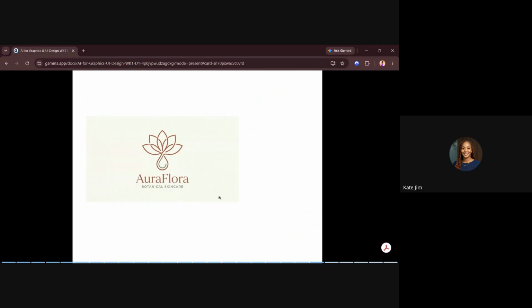I like the logo. It gave me exactly what I wanted, because even the typography, I said elegant, it gave me a serif font. That's why I'm having all these exaggerated curves. This Aura Flora. Yes. So let me give you the prompts. You're also going to work on this too. Once you understand prompts, everything is going to be very, very easy for you.